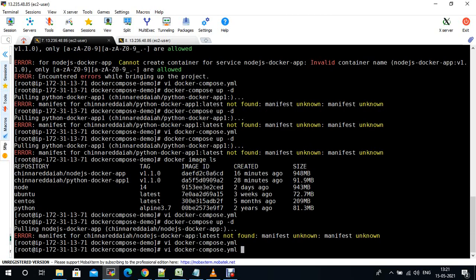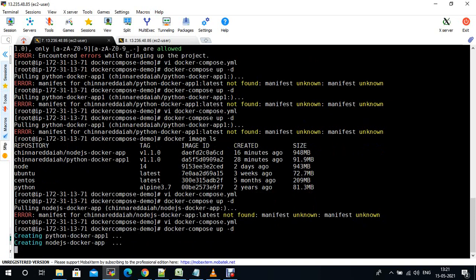Now hopefully this time it will be created. See, now it has created the containers at a time.